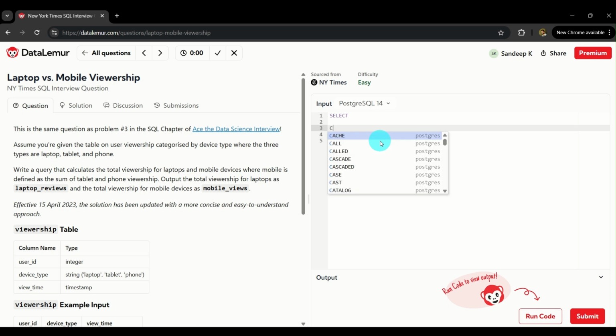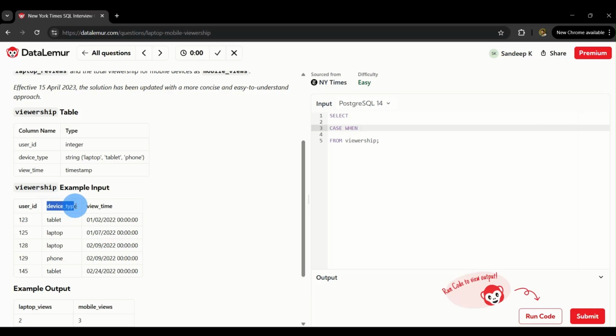So what I'm going to do is I'm going to write a case statement here. Now case statement is just like your if else statements in some other programming language. If you are using Excel, then you can also use if statements in Excel, right? So similarly, you have something called case statements in SQL. Now the way it works is you have to start by typing case, then there is this keyword called when. Now you type case, when, and then you define your condition. So the condition here is this particular column, that is